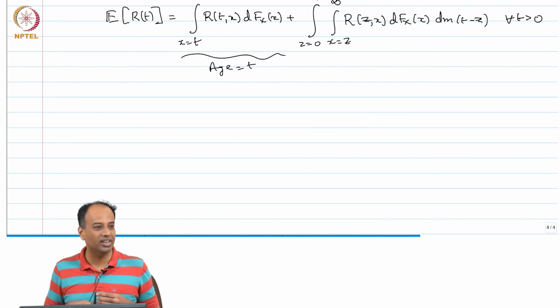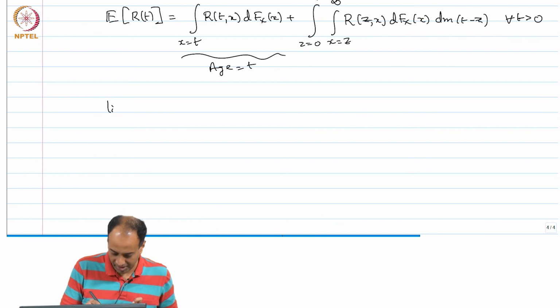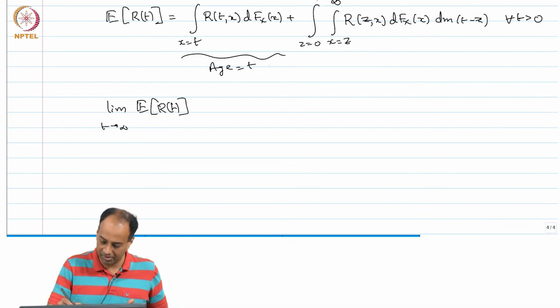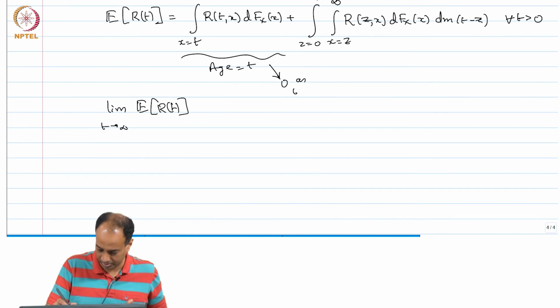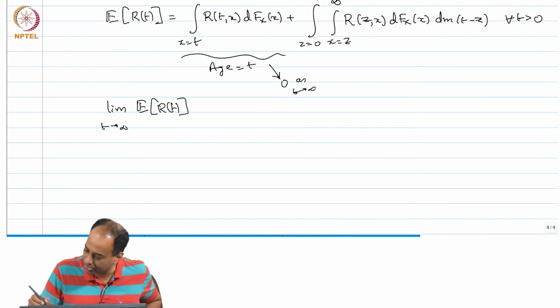Now, how do we send t to infinity? Using what theorem? Key renewal theorem. So, if you take the limit as t tends to infinity of expected r of t, what can be shown is that this term will go to 0, if this is directly Riemann integrable. You will see why. If you look at this function,